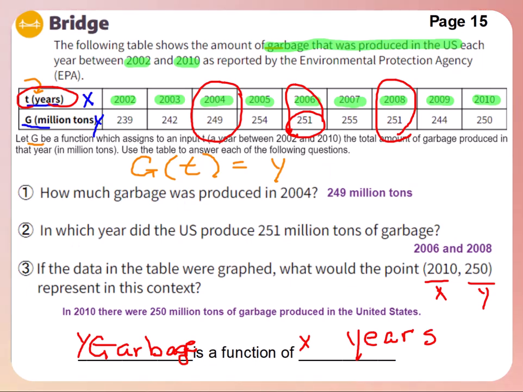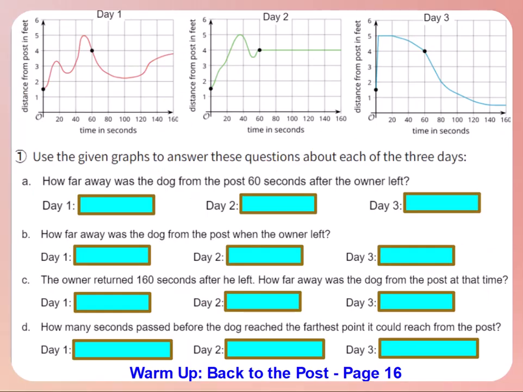All right, now let's go back to our dog where we graphed how far he was from the pole on day 1, day 2, and day 3. We're going to use these 3 graphs to answer the questions about the 3 days. Part A, how far away was the dog from the post 60 seconds after leaving? So I can look at each of these, and we already talked about this earlier. On day 1, day 2, and day 3, the dog was 4 feet away. So fill that in